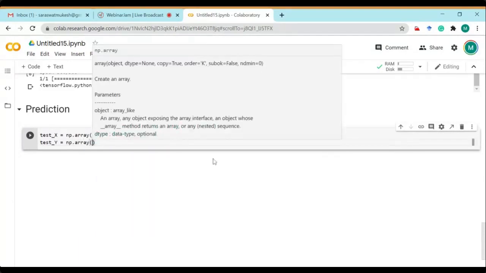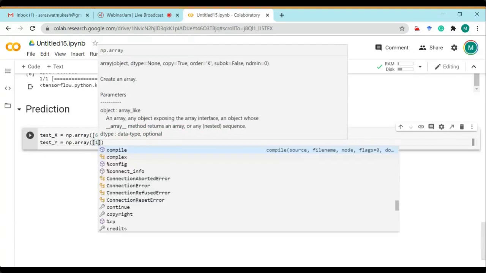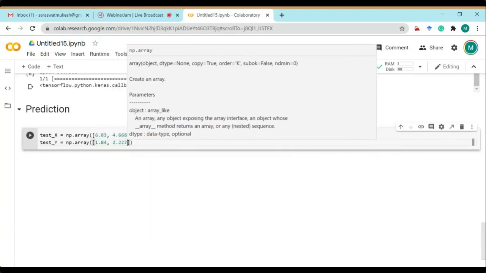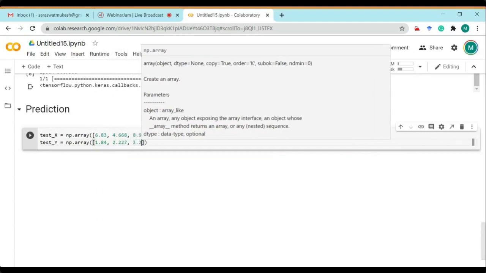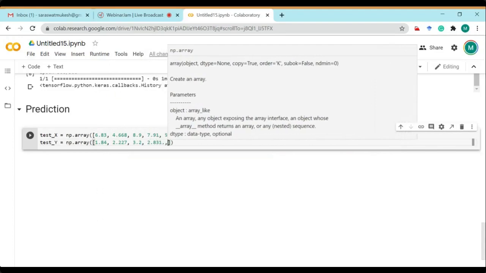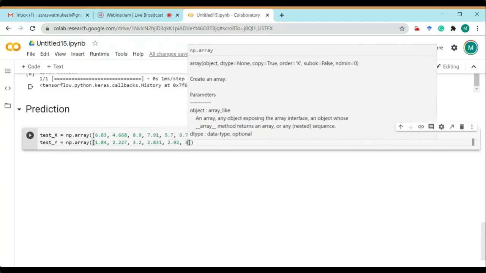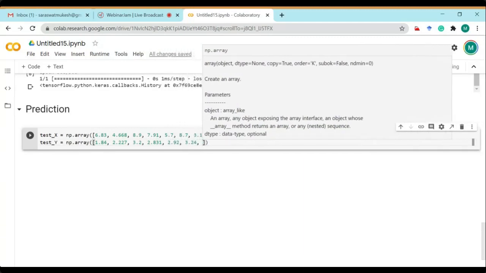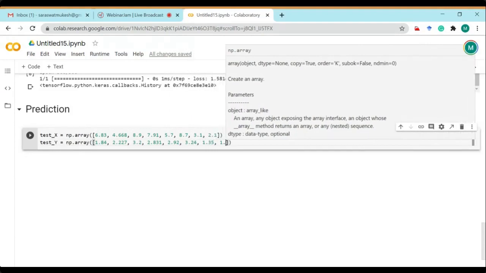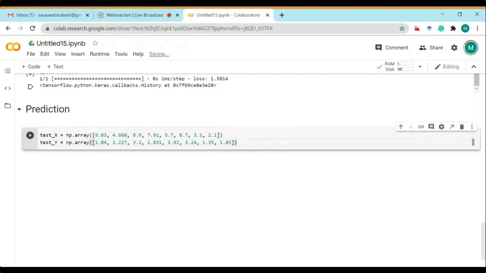Then we give the corresponding labels: 1.84, then 2.227, then 3.2, then 2.831, then 2.92, then 3.24, then 1.35, then 1.03. These are the samples which we have taken.